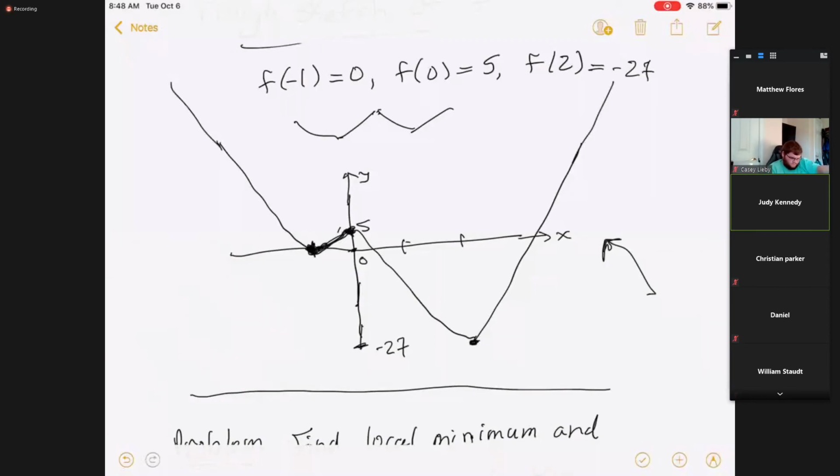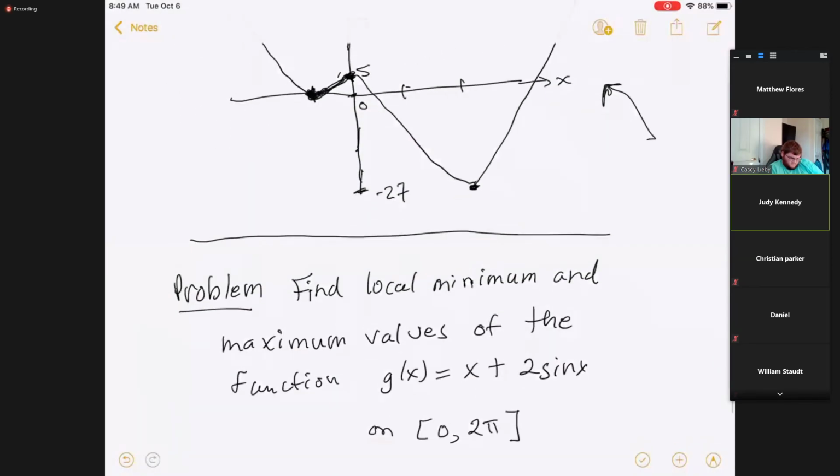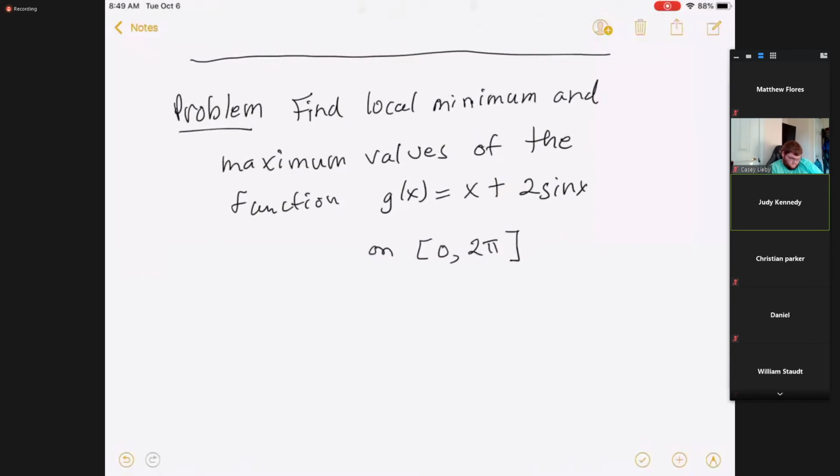And that does not contradict the extreme value theorem. The extreme value theorem assumes that your function is continuous on a closed finite interval. Well, there's nothing finite about the whole real line. It's infinitely long in both directions. So, whatever that means. Okay, so it's a different question when I ask you for an absolute maximum and an absolute minimum than the